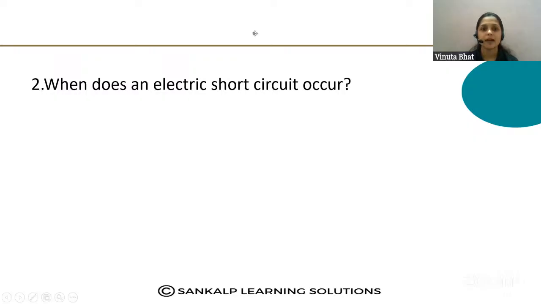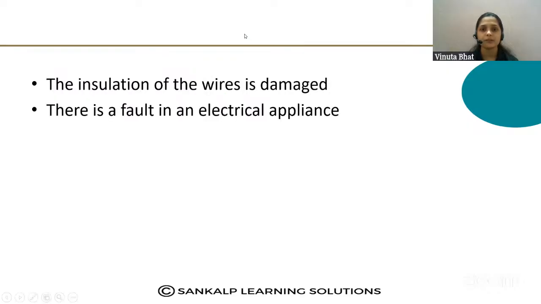When does an electric short circuit occur? How does it happen? If the insulation of the wires is damaged, the current carrying conductors, which are insulated by some substances,